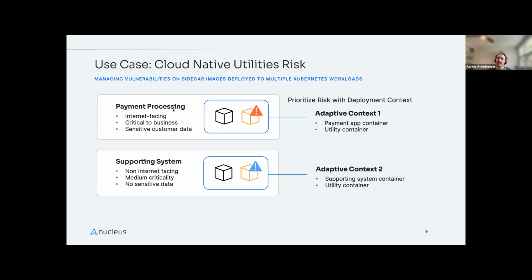So here we can see a critical internet-facing application that's handling sensitive data versus a supporting system that's not internet-facing, medium criticality, no sensitive data. Depending on the deployment context, there would be a different level of urgency that we might put in remediating vulnerabilities,